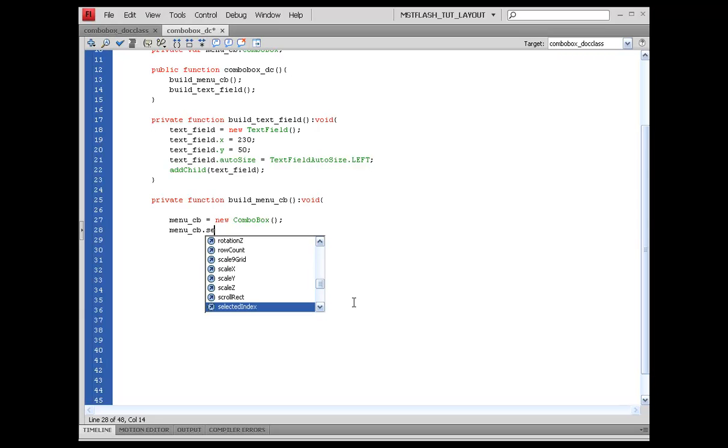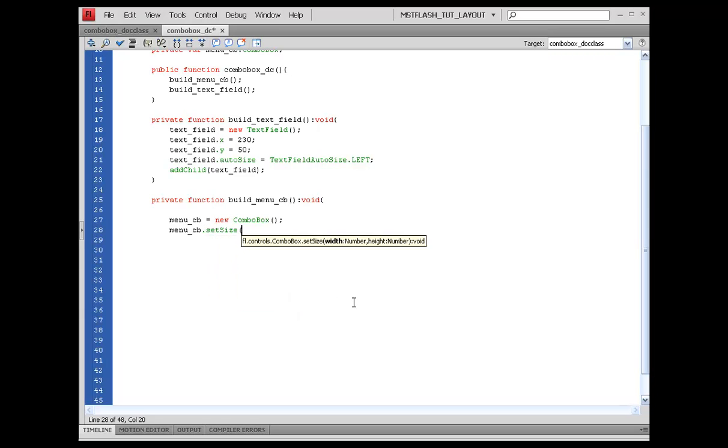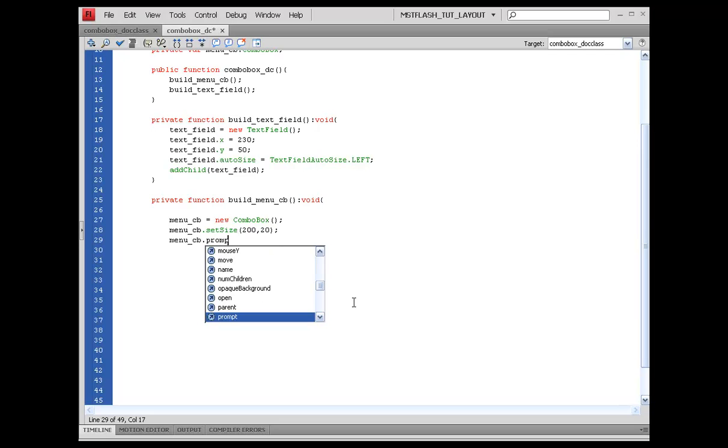We're going to set the size, (200, 20), as in 200 width, 20 height; next line, menu_CB.prompt = "Select a tutorial";